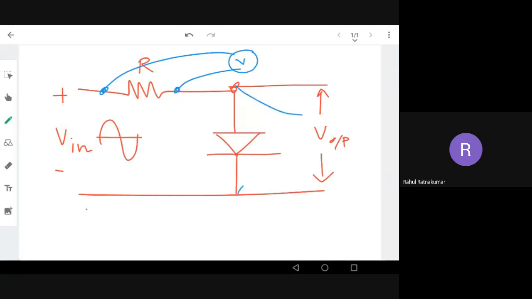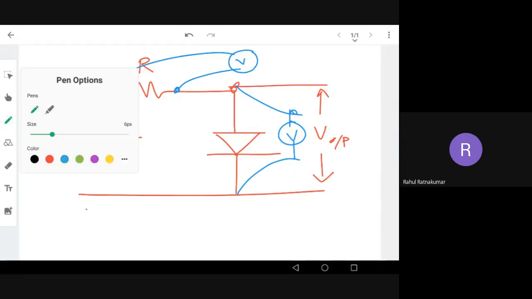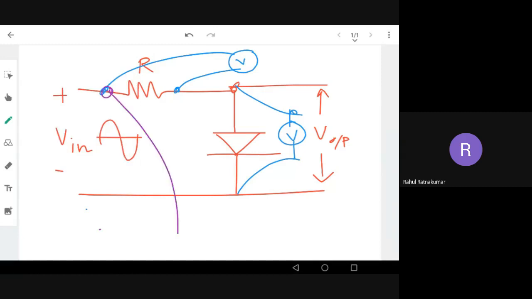Our usual questions will be like find the output. So this is the output, across the diode, because the diode is across the output, so the voltage across the diode is the output voltage. This is the common question, but you should know the waveform across the different points in the circuit. Maybe someone asks what is the waveform across this resistance to the ground.